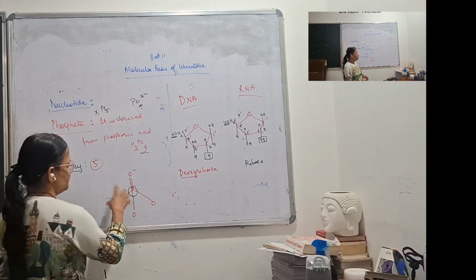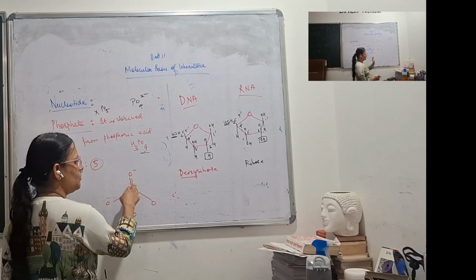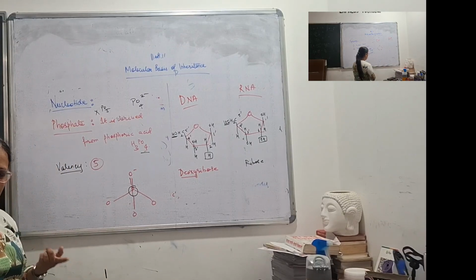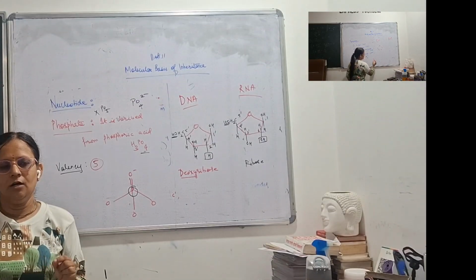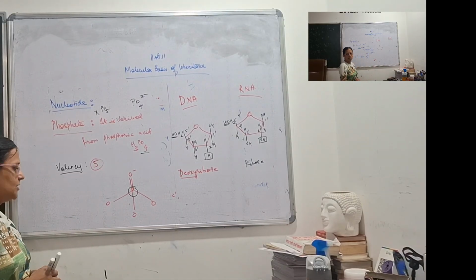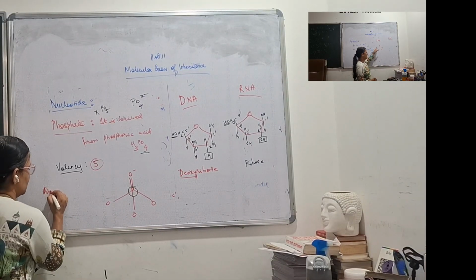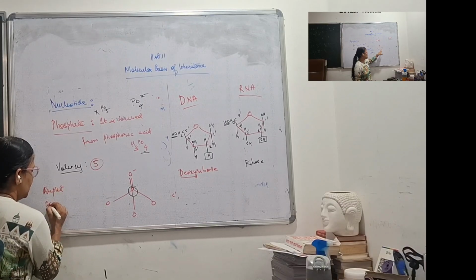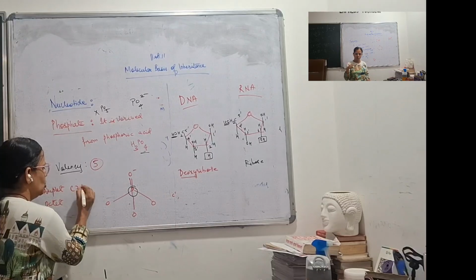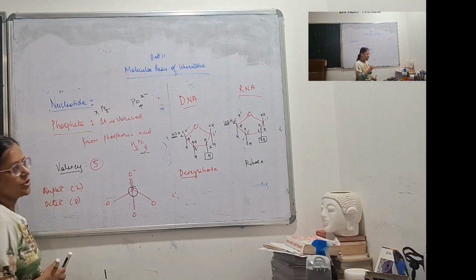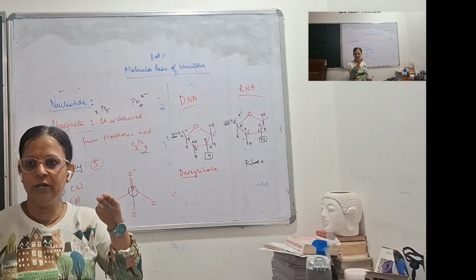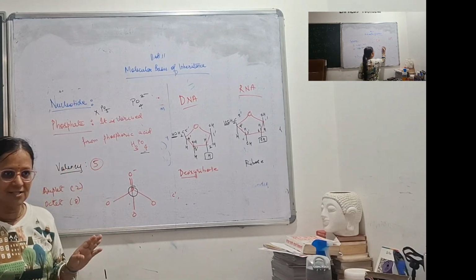So, here I am drawing a double bond on phosphorus with this oxygen. Second thing you must remember is that every atom tries to achieve stability, and that stability is achieved by duplet or octet. In chemistry, you must have studied this. Duplet meaning 2 and octet meaning 8. So in the valence shell, if the atom is having 2 electrons or 8 electrons, then it is stable.